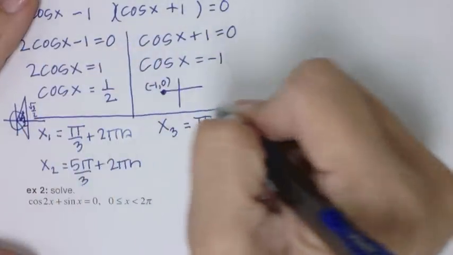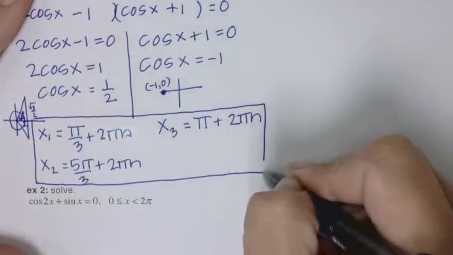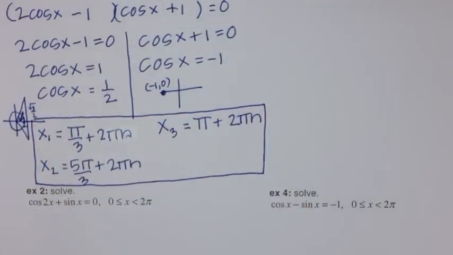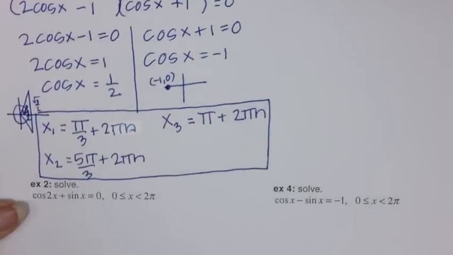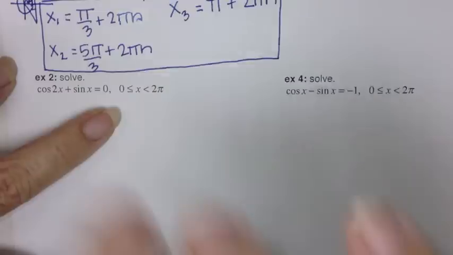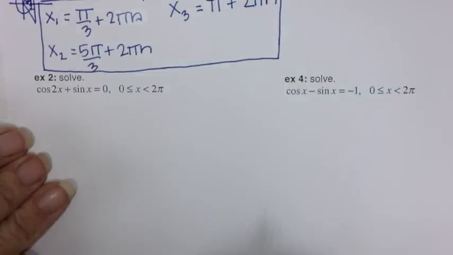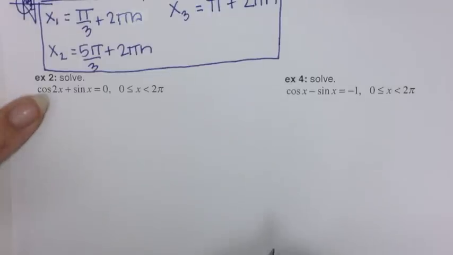So as you can see, it was very similar to the last few problems on yesterday's lesson. The only difference was that I had to use the trig identity in the first step, which is the same thing that I'm going to do here. So I have cosine 2x plus sine x equals 0. I am restricted to 0 to 2 pi, so when I do my answers, I need to be careful of that. Cosine 2x,